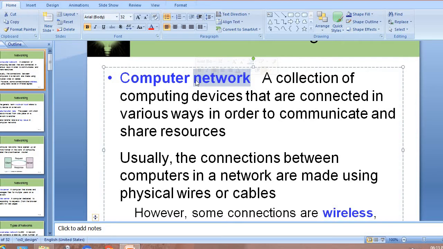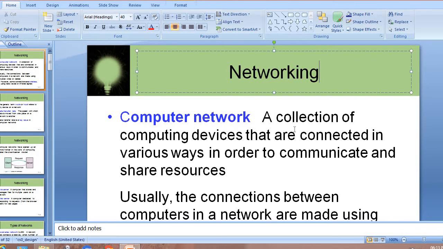When we have different computers, we have to connect them in a network, and the purpose we are solving by connecting them is communication. This is called a computer network. As it is written here, it is a collection of computing devices.